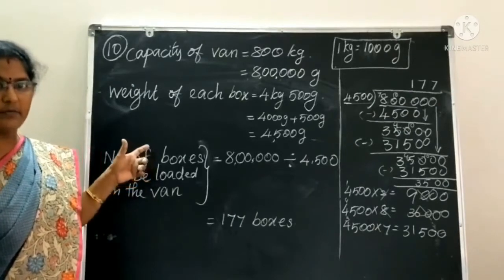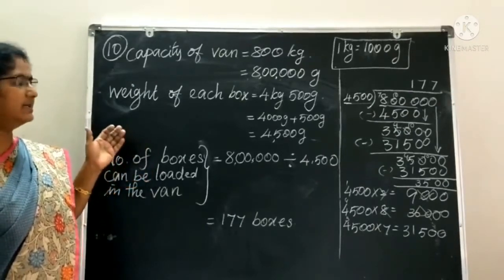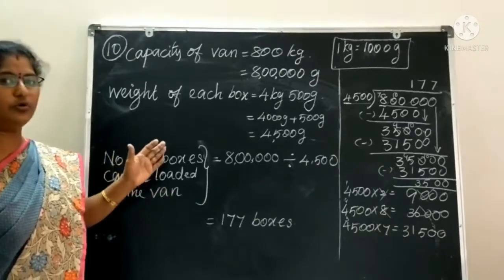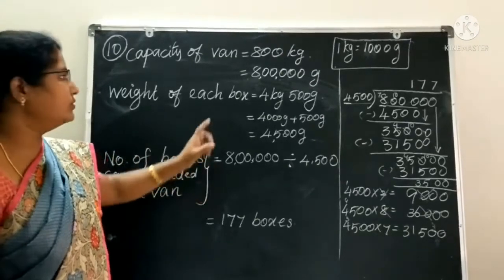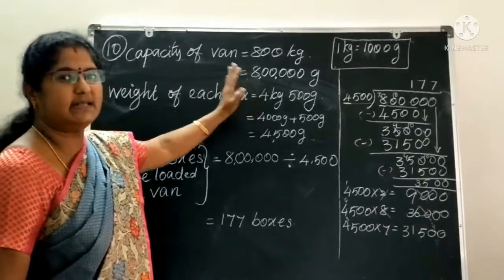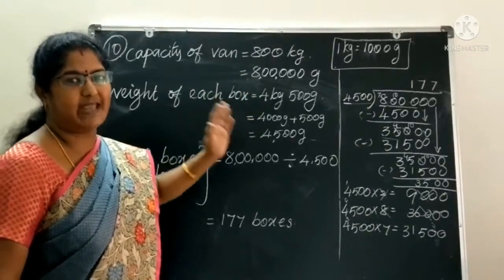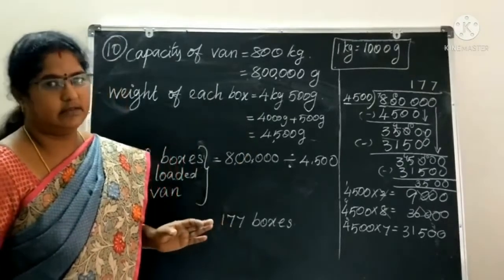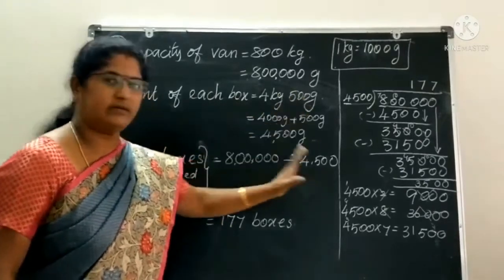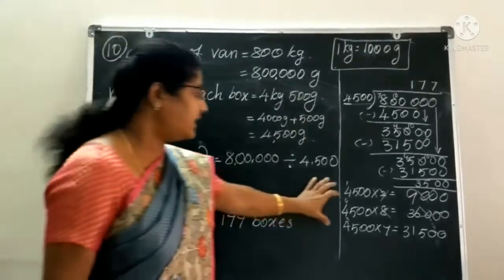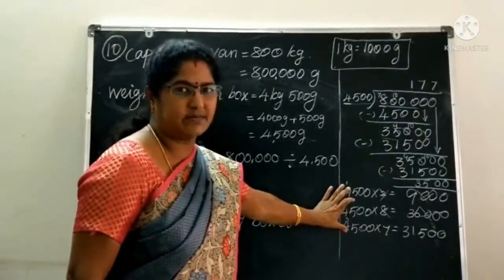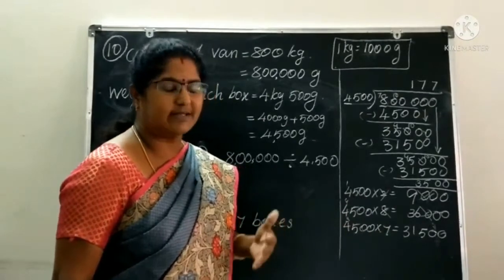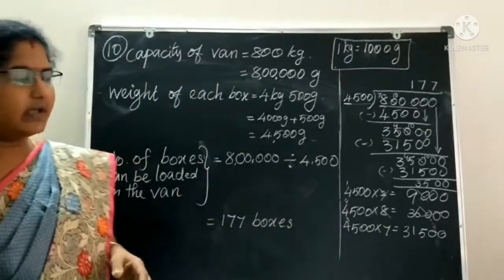How do you identify division? If you need the number of things, we have to go to division. While dividing, you check the units. The units should be the same, and you have to convert into the smaller unit. Then divide. Division is this way. You can use approximate values, then you can do it easier and save time. Okay, write up.